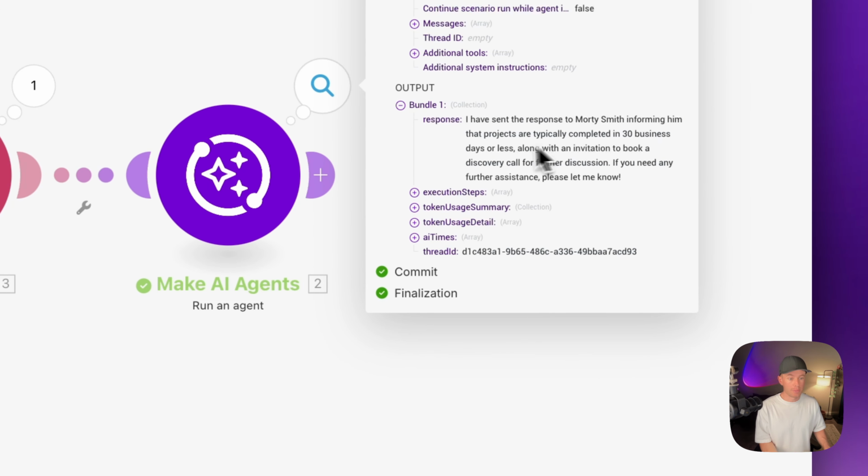And for GPT 4.1, what are we using? Mini? GPT 4.1 Mini, I'm pretty sure that should be less than a penny. You can actually see the breakdown of the token usage in detail if you just expand this right here. Now going to our inbox, you can see that we've got an email to Morty